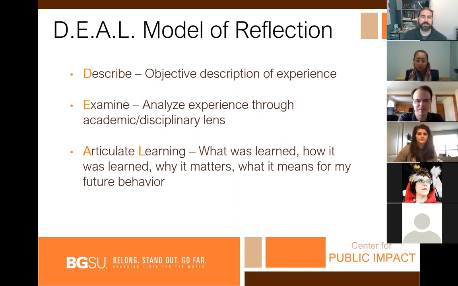Are you thinking differently now about what that means for you? Has it changed your perception? Will it change your behavior in the future? If so, how? Tell me how. But then also, you're asking them to tell you what they learned, tell you how they learned it, tell you why it matters, so those types of things are what we're really getting at when we're saying articulate the